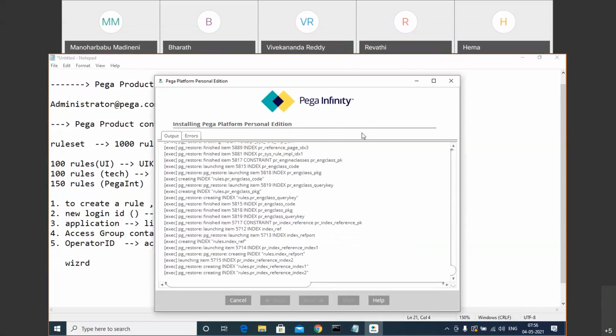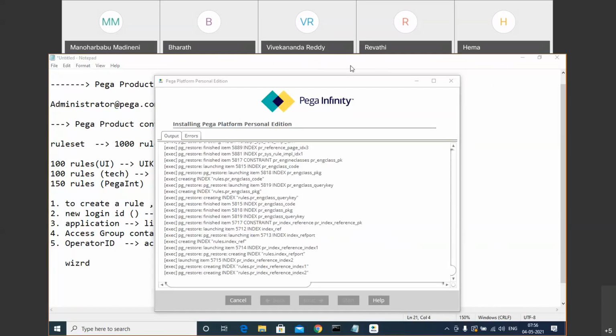My installation is still in progress. Has anyone started Pega, guys? I have installed it. Oh, you have logged in. Did you get the login page? Yeah, I got it. Maybe you can share, Vivek, if possible. Give me 2 minutes, please.